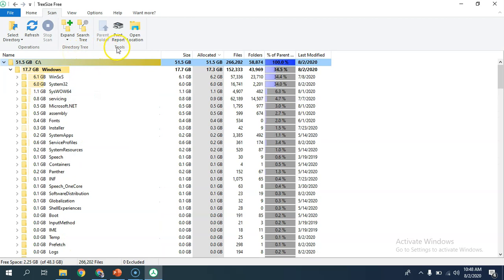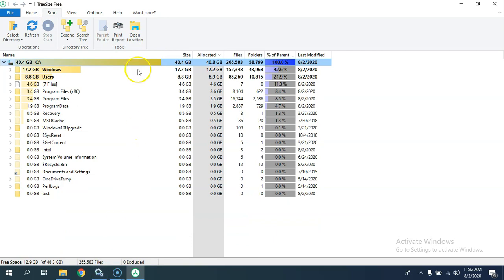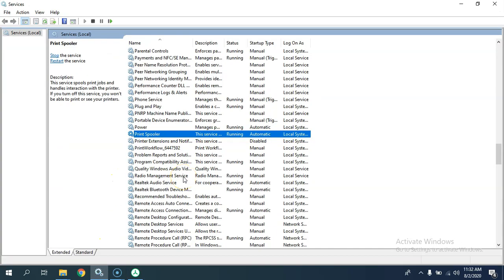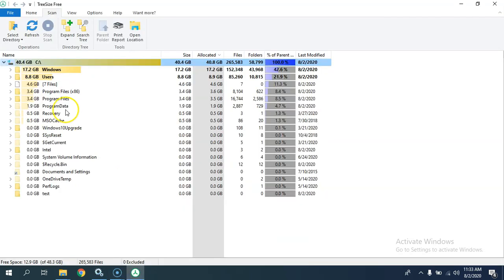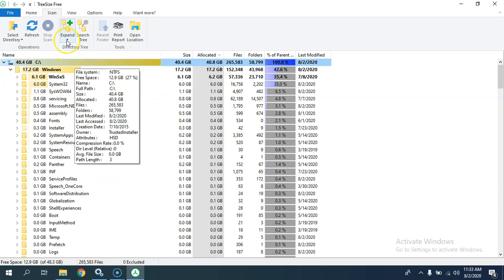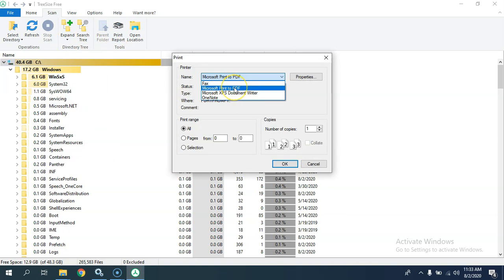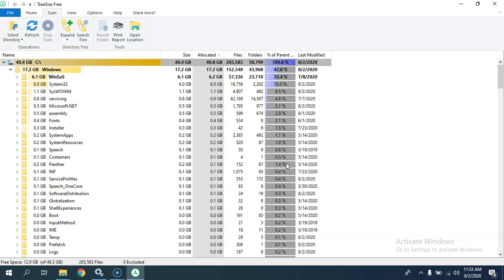So this tool has this awesome feature of print report. You can click this. So looks like the print option doesn't work if your print spooler service is stopped. So you can start it and then give it a try. Just to make the report look lengthier, I'm expanding it to level 2 and then giving it a try. I just want to convert this report into PDF format, but you have different format options like OneNote or Document Writer, Fax, etc. And also you can play around with these settings, which I am not interested in at the moment. So I'll hit the OK button.